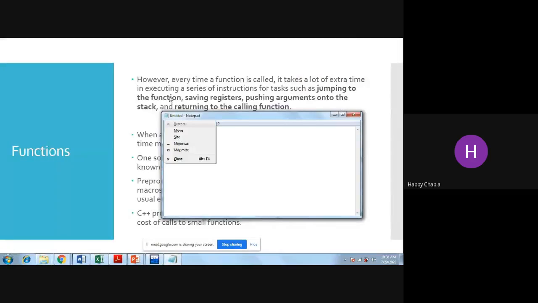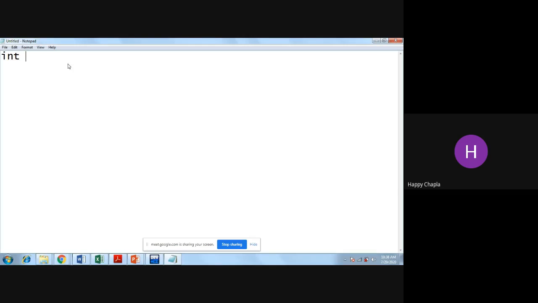Now, if I have one program in which I have int sum(int a, int b), and I have so many lines over here, right?